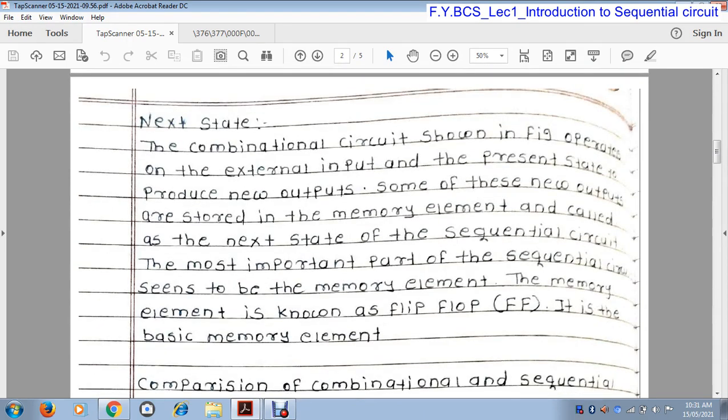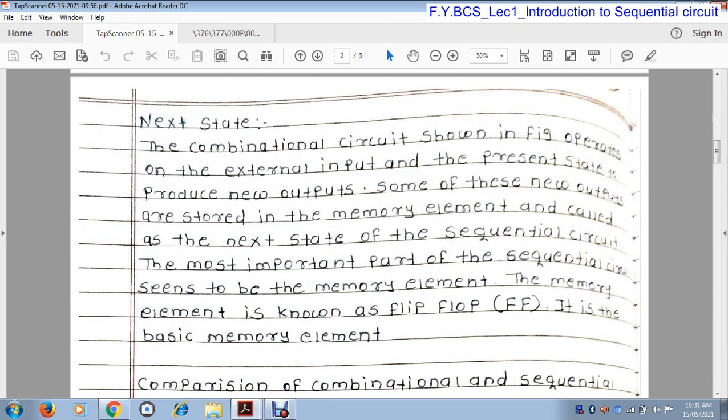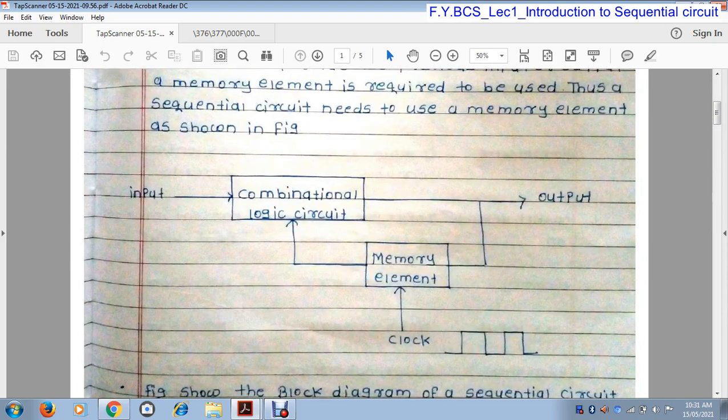Then the next is the next state. Now what is the next state? Here, the combinational circuit shown in the figure operates on the external input and the present state to produce new output. The present state is the data present in the memory element.